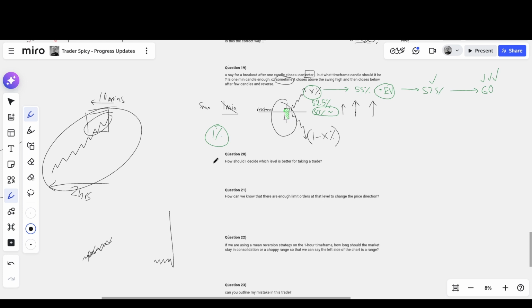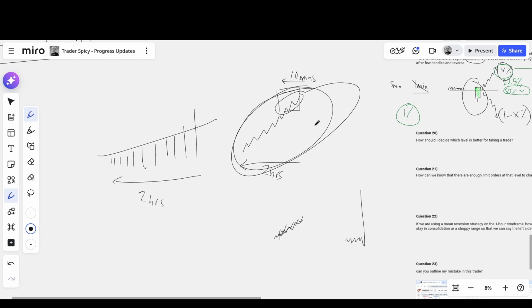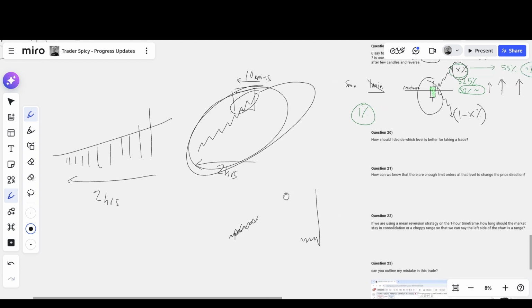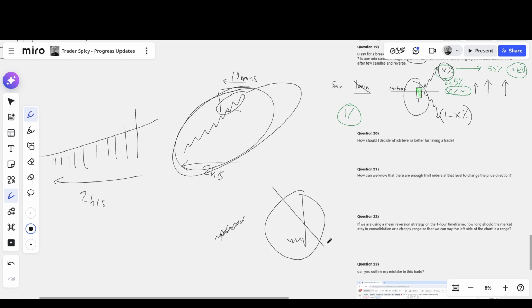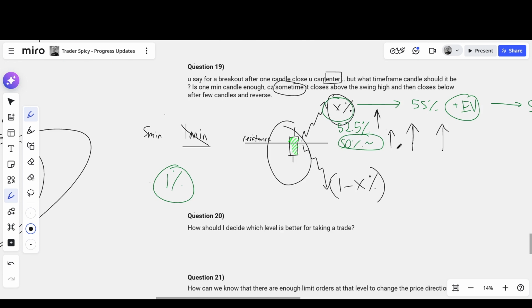The 3 things that I have actual data on to show that they impact the likelihood that something breaks are: is there a staircasing type of price action on the left-hand side? Is there the absence of a fast spike, which means the most recent 10 minutes of price action did not have a huge giant green candle coming into the level that you're entering a trade? And how did the volume look? Was there increasing volume on the left-hand side? When all 3 of these are true, X happens to go up.